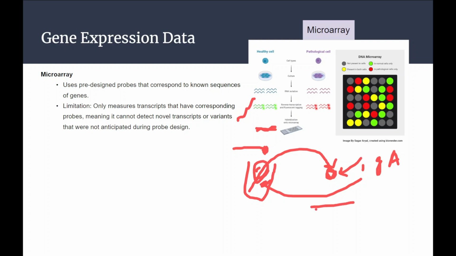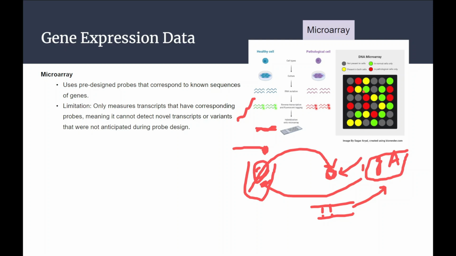So whenever the part coming from this sample and the probe that we have designed are complementary to each other and form bonds, we will get the fluorescent signals. It means we have added a tag. When there is binding, we get the signal. So it means this particular gene that we were looking for is present within the sample. If we are not getting any signal, it means there is no expression of this particular gene. Okay, so this concept is clear.